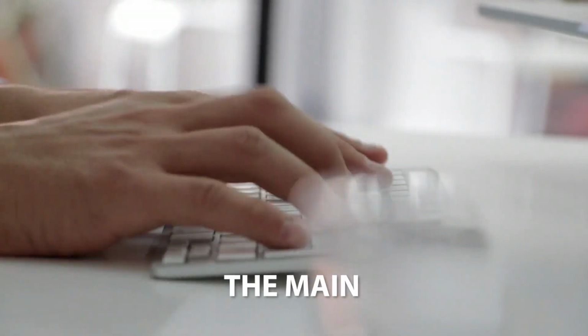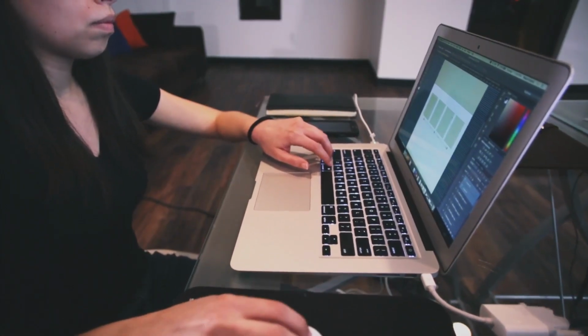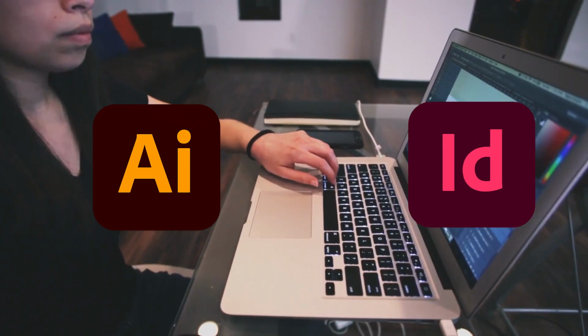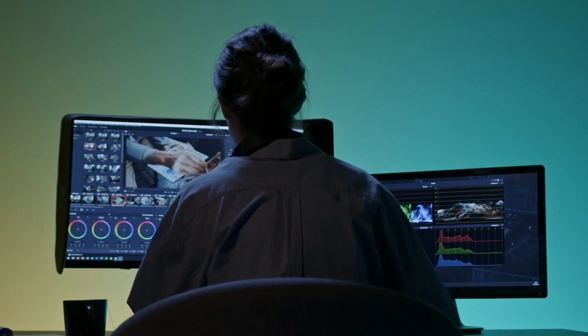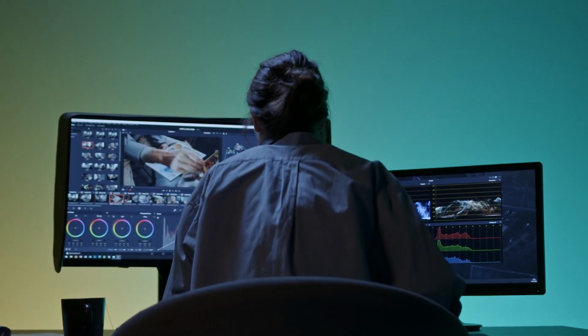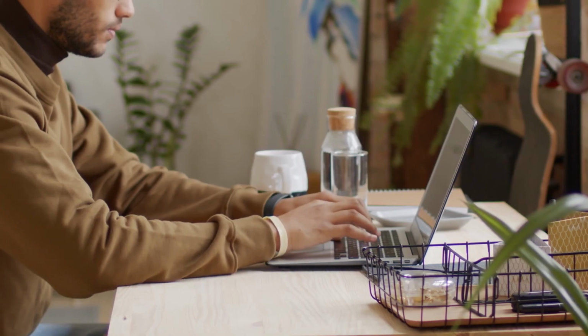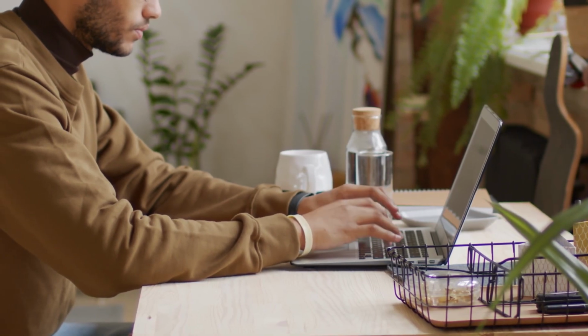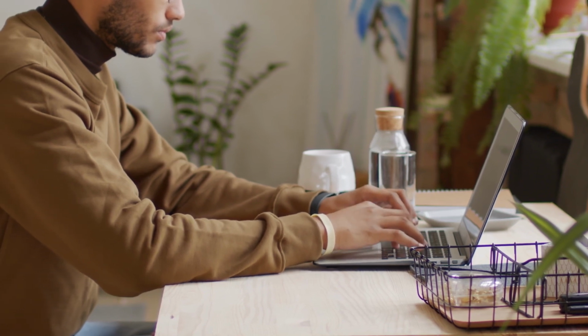We will explore the main differences between two powerhouse applications, Adobe Illustrator and InDesign. So, whether you're a seasoned designer or just starting your design journey, this video will be your guiding light. Before we dive into the features of Illustrator and InDesign, let's take a moment to appreciate the magic they bring